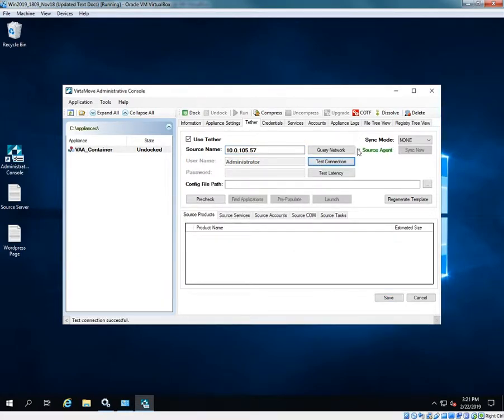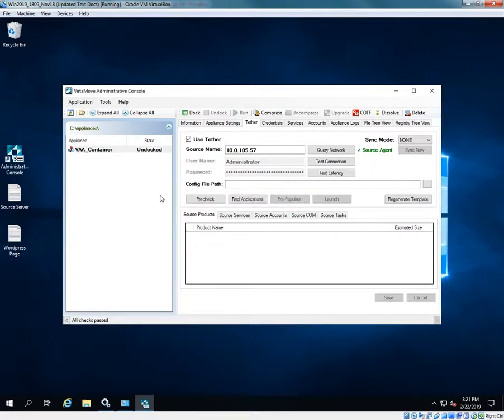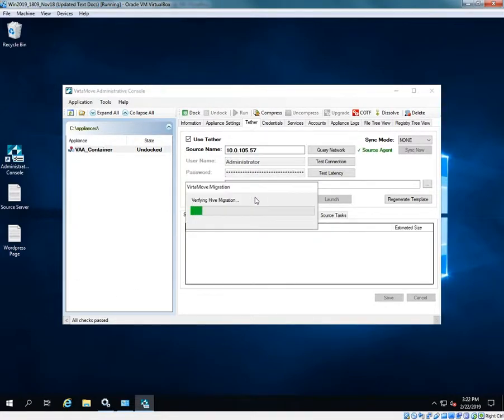Once the connection is confirmed, we need to perform a pre-check to ensure that there will be no barriers to migration of application components between the two servers. The pre-check is based on many years of migrations at Virtamove and is critical to the success of migration. Now that all the checks have been successfully passed,